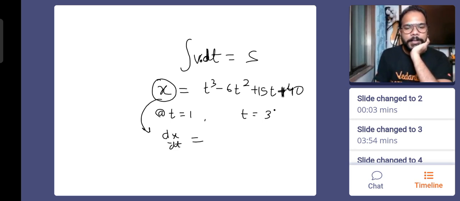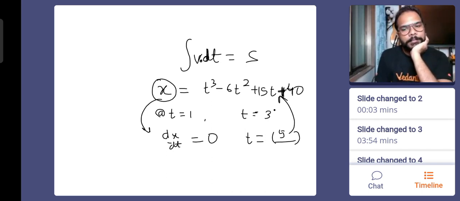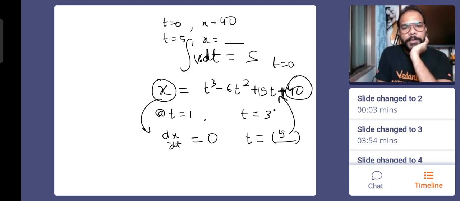तो पहले dx/dt कर दिया, उसको 0 से पुट कर दिया, तो एक टाइम की वैल्यू आएगी। उस टाइम को 5 सेकंड में इक्वेशन में पुट कर दो, पोजीशन मिल जाएगी। नहीं, सेम नहीं होगा, क्योंकि जब तुम t इक्वल टू 0 पुट करोगे तो 40 आएगा। तो उसका मतलब ये हुआ कि इनिशियली t इक्वल टू 0 पे बॉडी की लोकेशन 40 है, t इक्वल टू 5 पे बॉडी की लोकेशन क्या है वो पता लगाना,